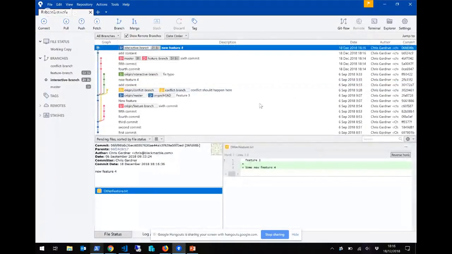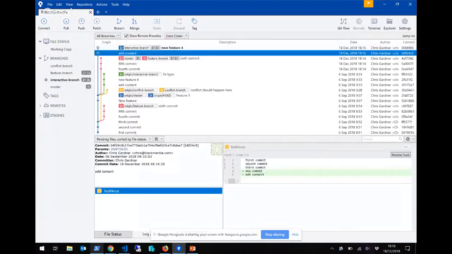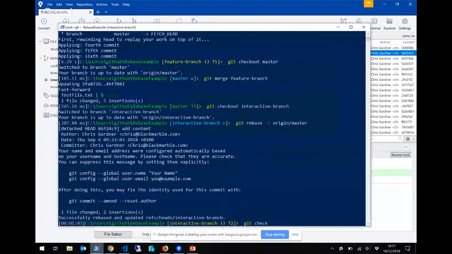And now, with my history on here, I can see I have my new feature, and my original commit has the fixed content in, and no "fixed typo" messages, no "semicolon fixed here." I get everything nice and simply down to just the messages I need, just the commit contents that I care about. And if we have a quick look at